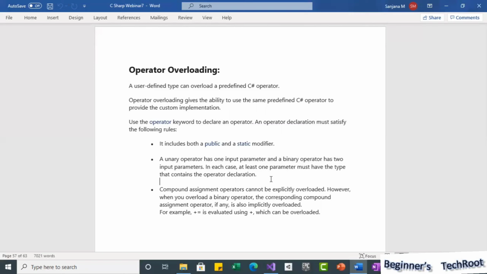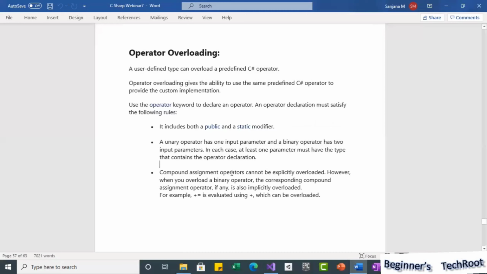So whichever class we are defining operator overloading in, the parameter type in a unary operator should be the same type as where you are defining that operator overloading. When it comes to a binary operator, it takes two input parameters, and at least one of them should be the containing type. So that is important.